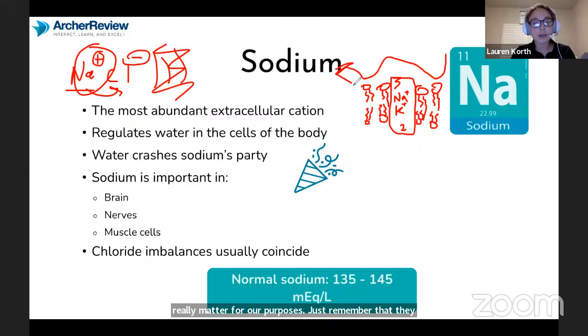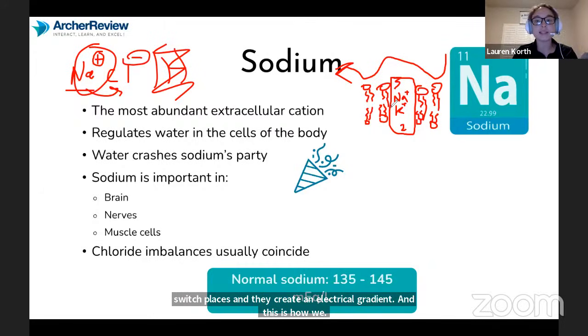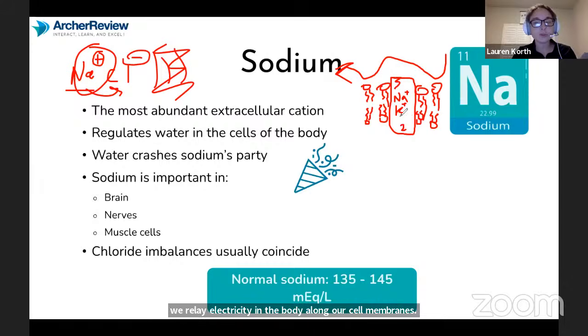And this is how we relay electricity in the body along our cell membranes: 3 sodium ions and 2 potassium ions switch places and they create that electrical gradient. And then we move, our muscles contract, or our brain is able to send signals. That is how electricity is conducted in the body. This is also really, really important because this also stimulates the production of ATP, which is how our body creates energy. So that's a very, very simplistic way of putting it all, but electrolytes are essential for electrical impulses, creating